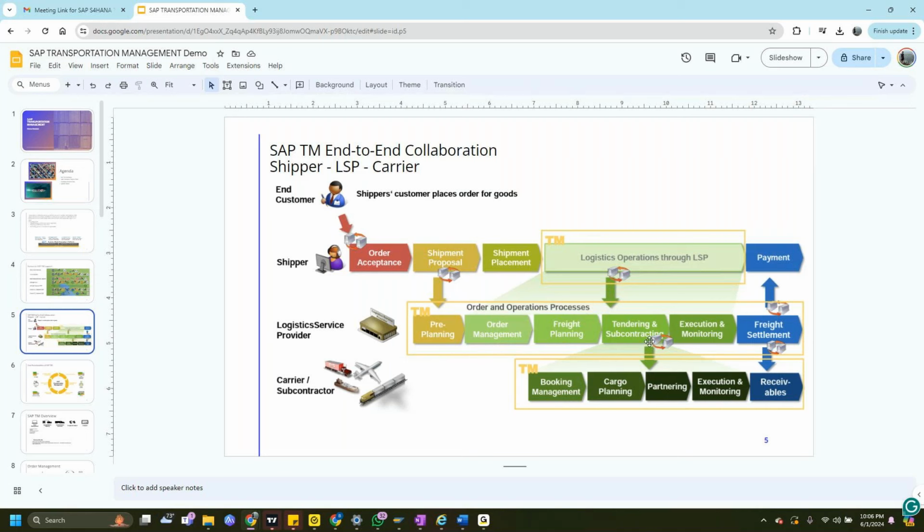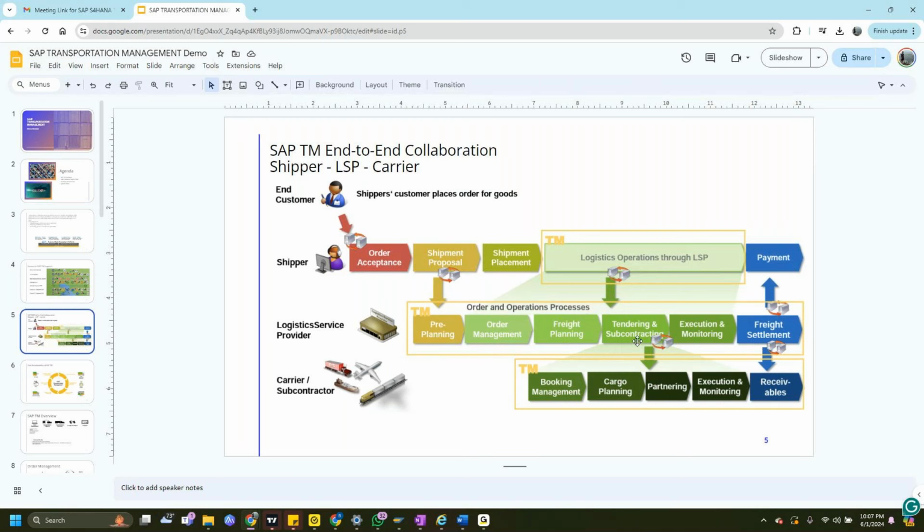There's a process for this. Like in a purchasing scenario, we have vendor evaluation, right? So we have carrier evaluation or a carrier selection process where we can select the carrier. Or the freight order can be sent out to multiple carriers like FedEx, DHL, DTDC, US Post Box, and so on. You can send it to any number of carriers, and whoever sends the best quote, you can use that carrier to deliver your services. That's the tendering process, which goes out to the market. Once the tendering is done, the freight order is in the execution process.